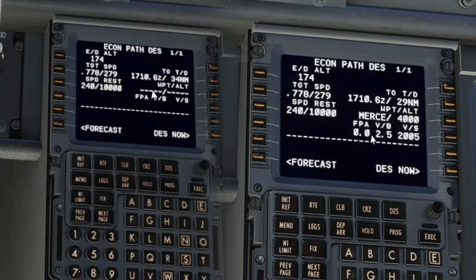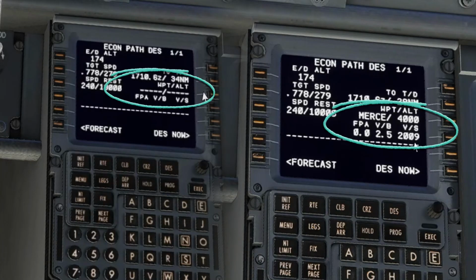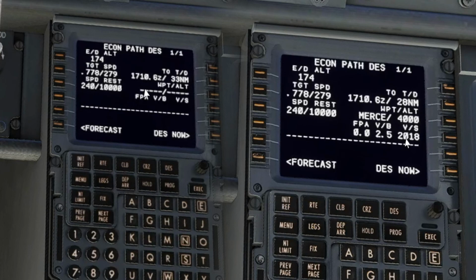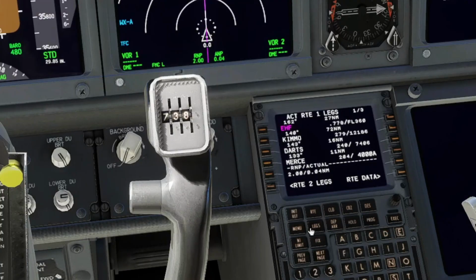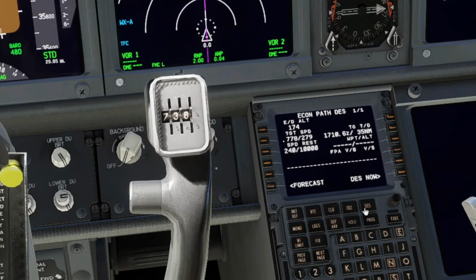Hi everyone, and today we're going to take a look at a feature of VNAV, especially useful around descent. So if you haven't used this yet, do stick around, and it will change your perspective, certainly on how you manage your VNAV descents. Okay, so what we're going to do is go to the descent page,